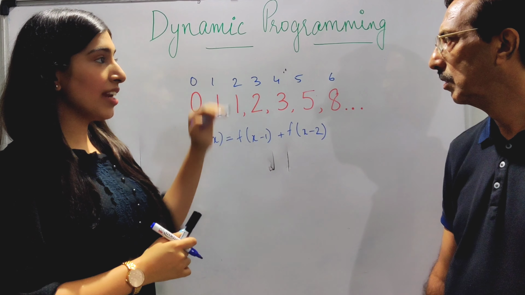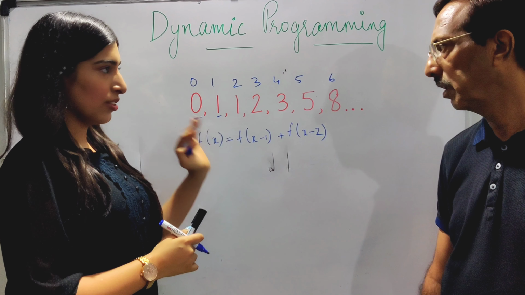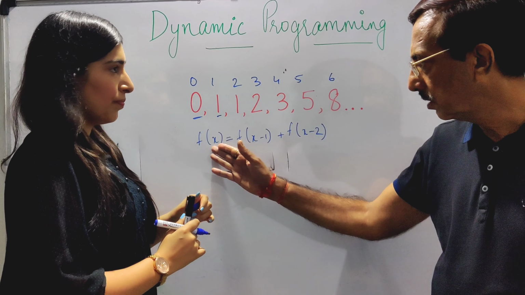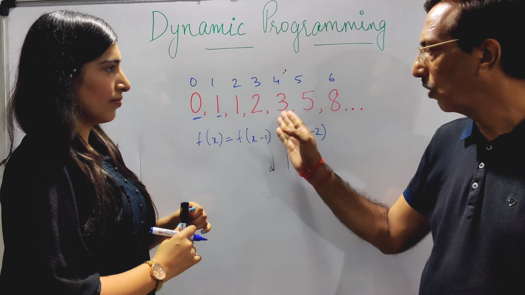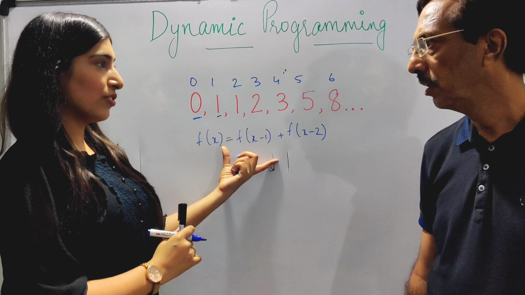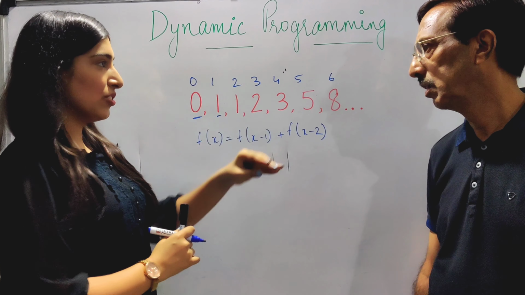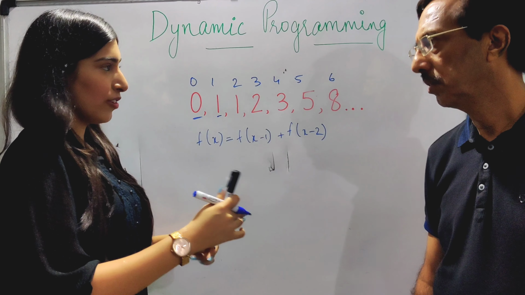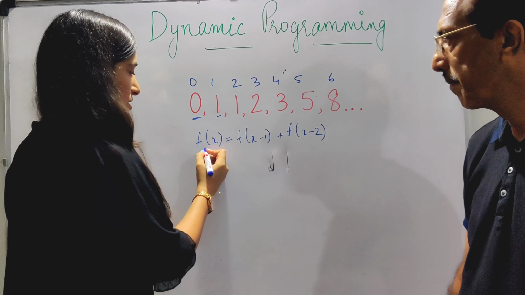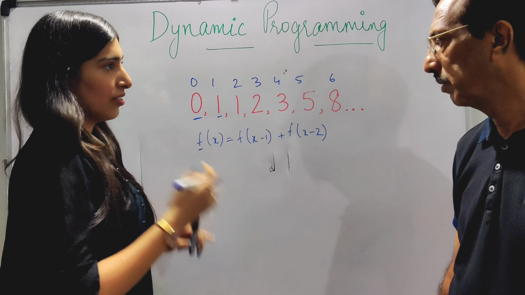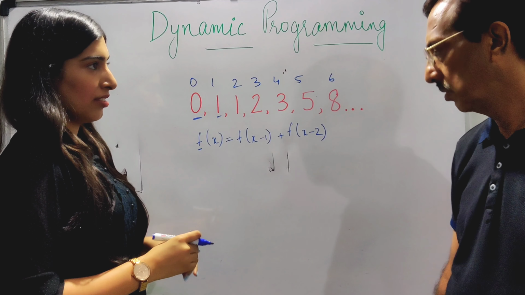Now we'll write the general code for this. I'm going to rub this out and write code for it. But when a simple formula can solve the problem, why do we need code? This is just part of the code. As you said, we have to write the base conditions and everything. How will we calculate? I'm going to write the entire function. This is the general formula, but this function I'm going to write. I'm going to write the code behind it.